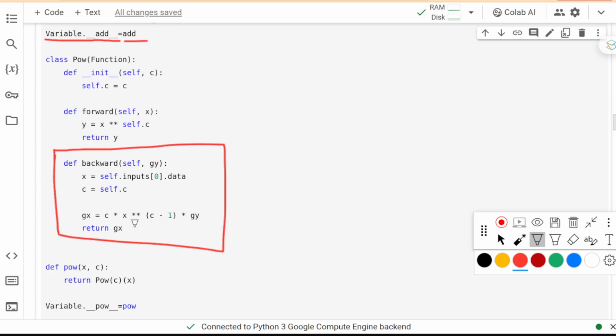So in the next video, we will discuss how to implement the backward function for a couple of the functions, and we will explain how to map the mathematics to the implementation here. So stay tuned for the next video.